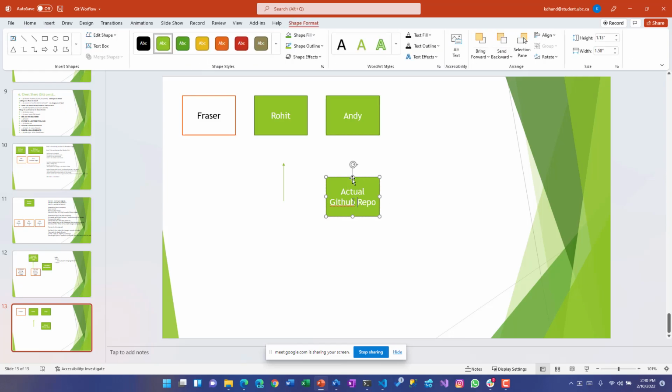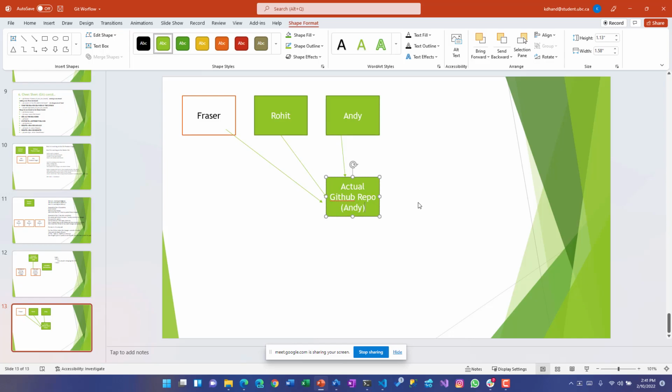So this repository would be lying on Andy's GitHub account because we nominated him. All people would be pulling and pushing to this repository. Of course, all three guys have a local copy with them also, and the repository belongs to Andy.